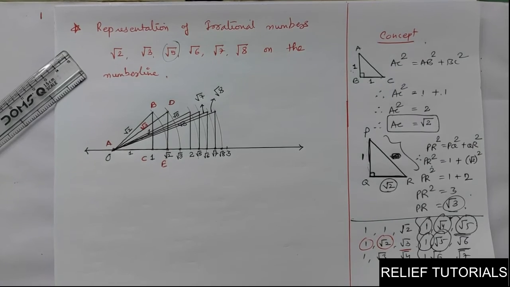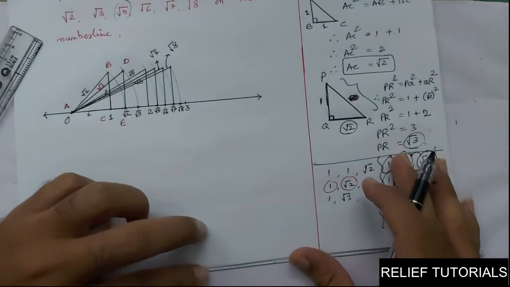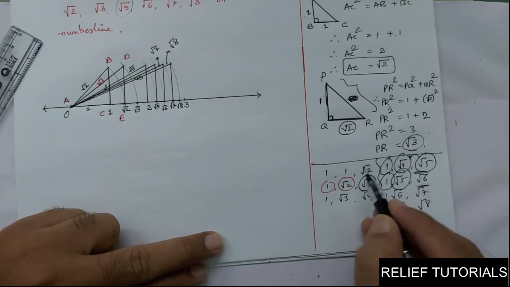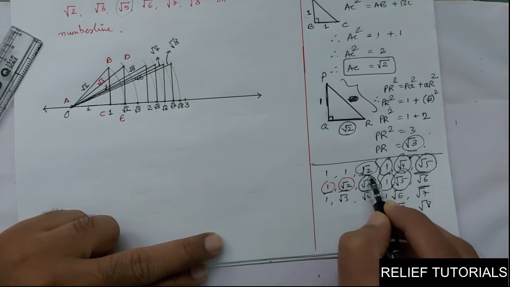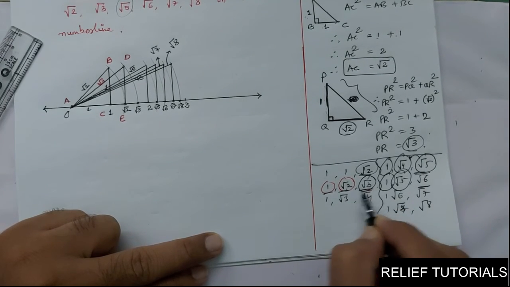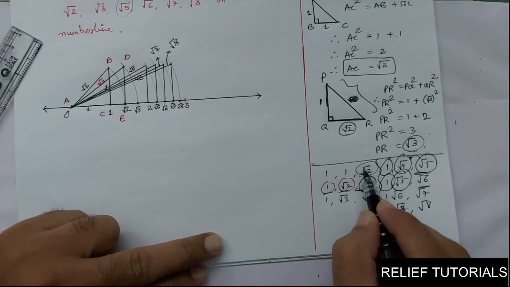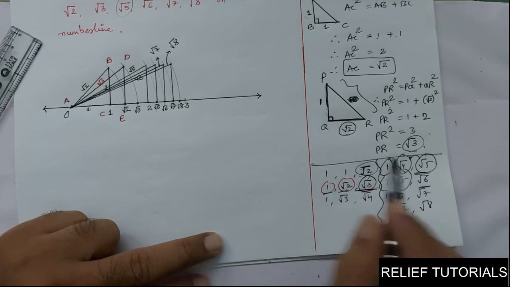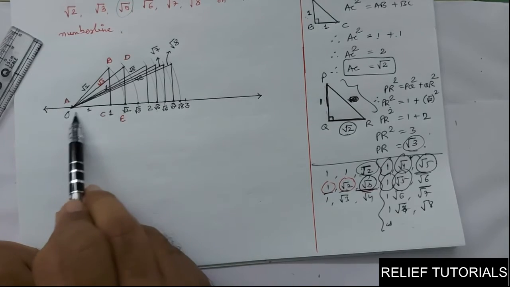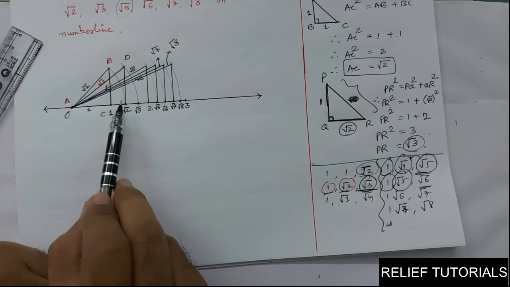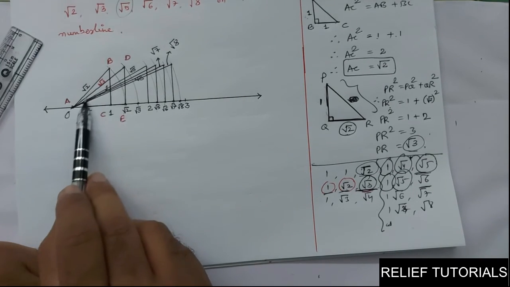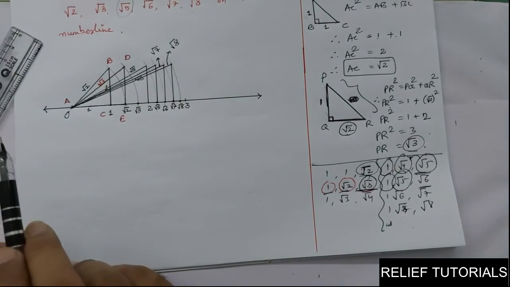This way, if the question is asked in your exam to represent root 3 on the number line, only root 3, then as per the logic, you should have the pair 1 and root 2. So first of all, you have to plot root 2. If root 3 is to be represented, first draw root 2 and then go for root 3, cycle-wise. First you draw 1 each line. So this represents root 2, represented here on the number line. Then you draw a perpendicular line. Then this hypotenuse represents root 3.